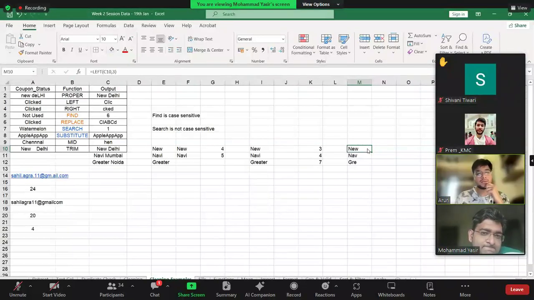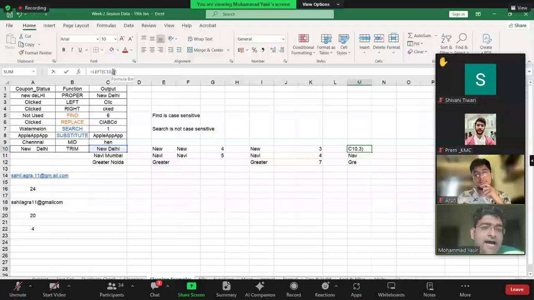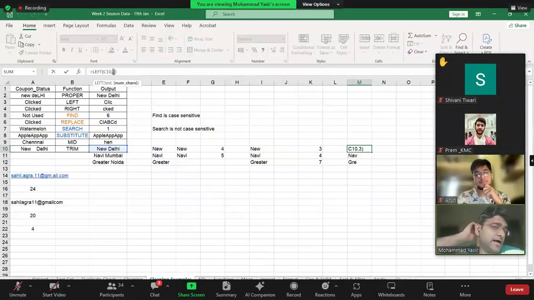I guess we can use left and find functions simultaneously to find the space between the two words. Very good answer. What we need to do here is, instead of 3, right now I've given a static input. I need to give an input which will hold true for all these cells.